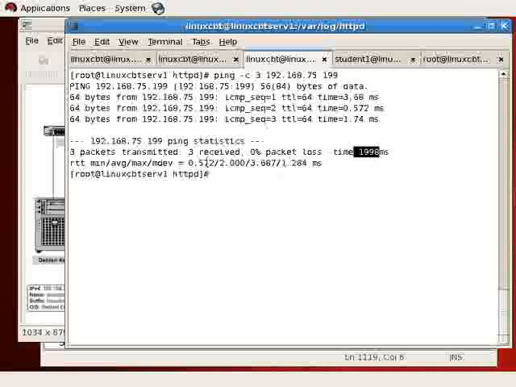And then we get the fact that we lost no information, and it took just under 2 seconds to send 3 packets. Here's the round trip timing for the minimum, the average, as well as the maximum and deviation. So we have a deviation of just over 1 full second. Makes perfect sense. It took us 3.68 milliseconds